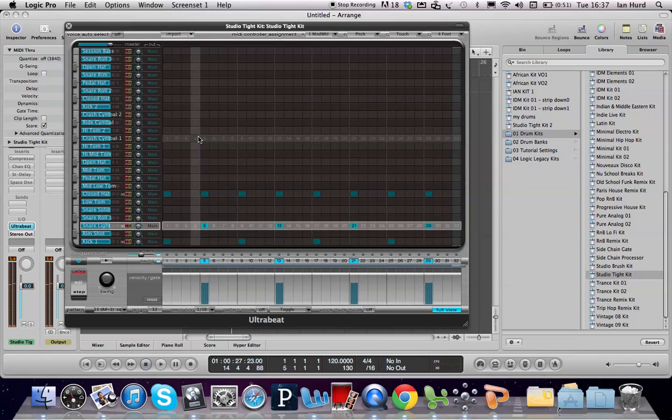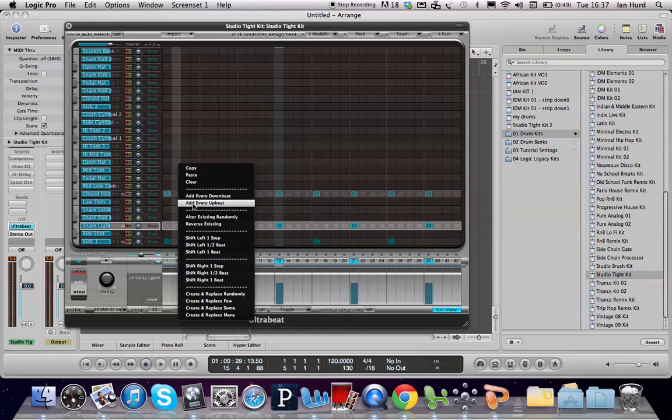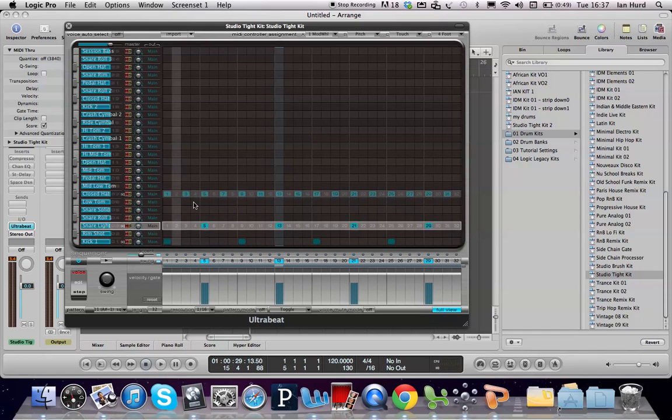So we've got a closed hat happening at the same time as the kick drum there, which sounds quite nice. Gives it a bit more edge. Okay, so we're going to control click the same closed hat lane and choose Add Every Upbeat. So it doesn't matter where you do it, control click, Add Every Upbeat. And now we've got a snare happening on every upbeat and downbeat, along with the snare and the kick drums, with one in between